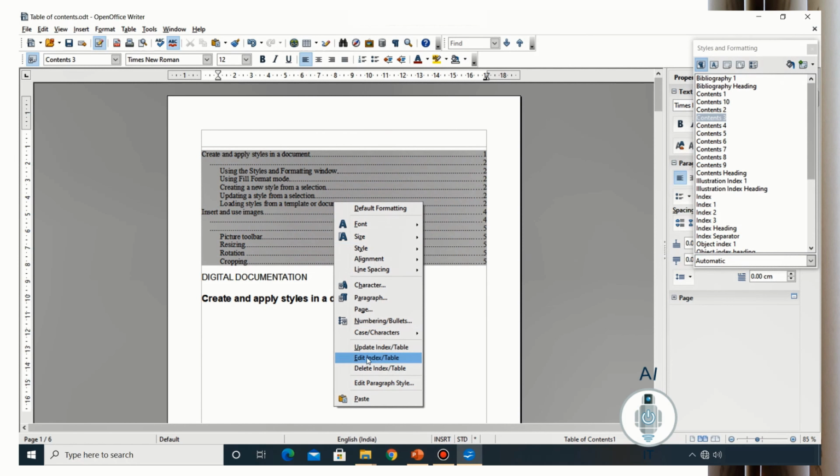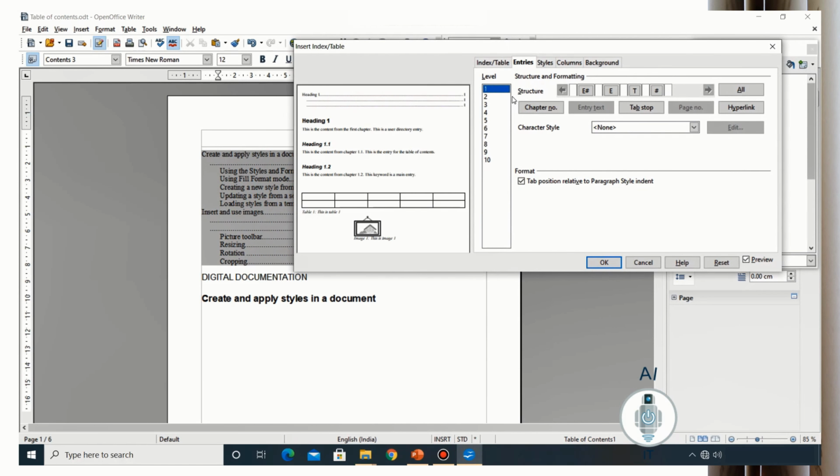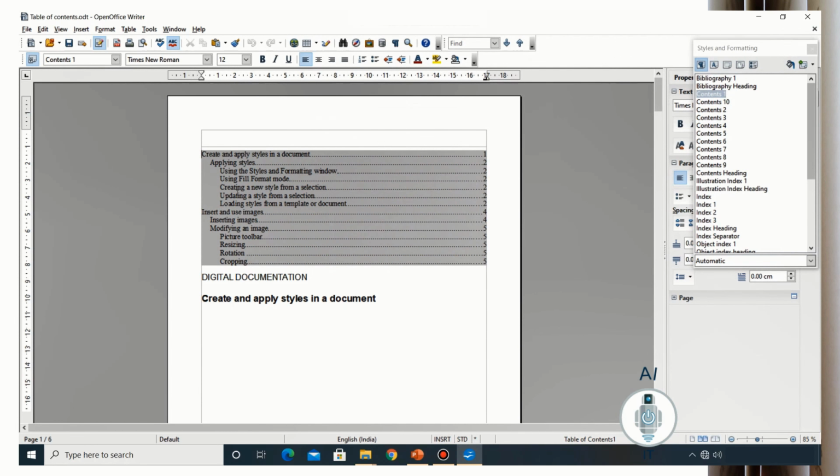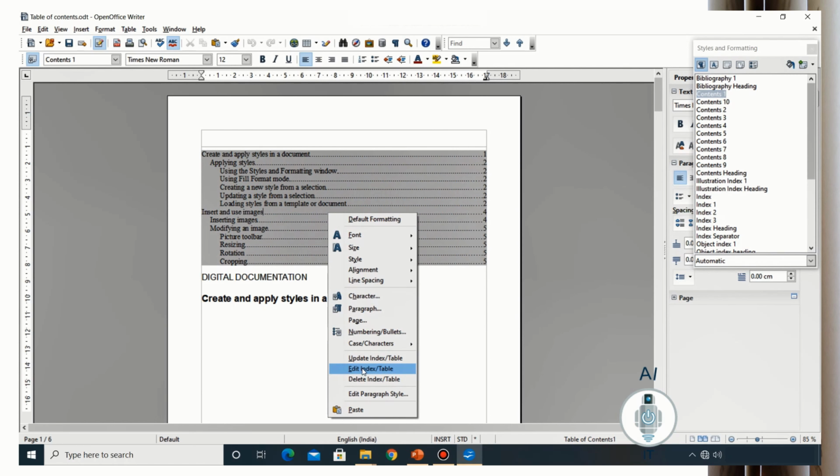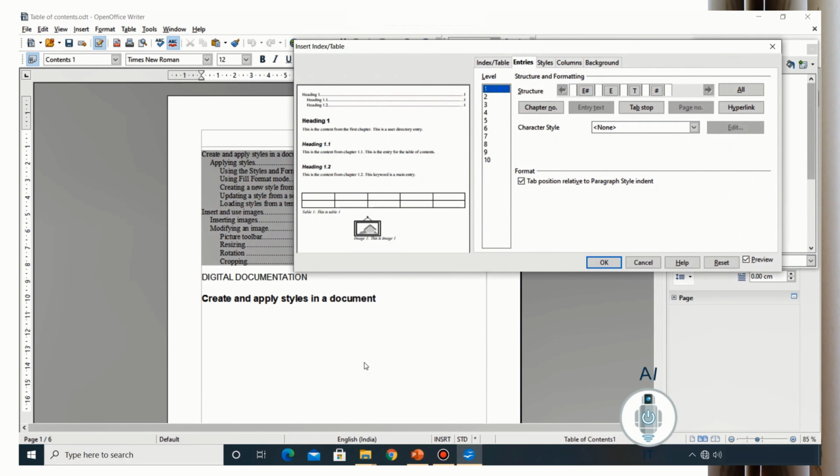Now to insert it again, I am going to edit it by right clicking and choosing the option edit. Click between E# and T and select entry text. Now if I do it and click OK, you can see that they are appearing back again. So this is the way we add and remove elements from structure line.